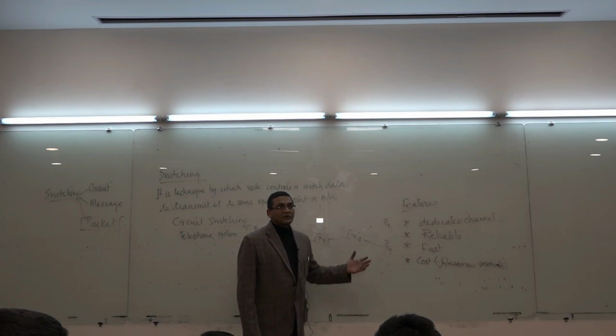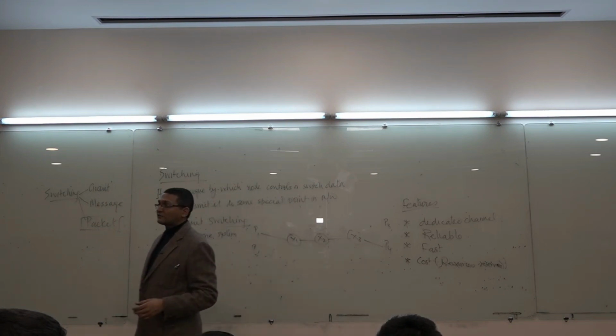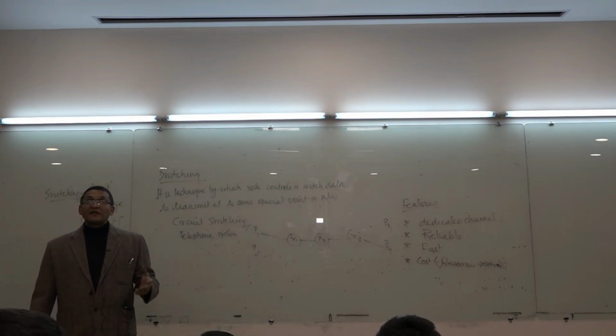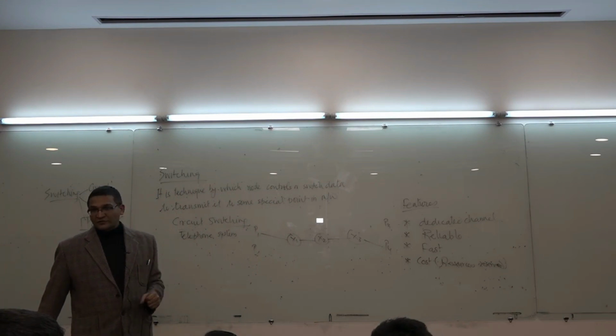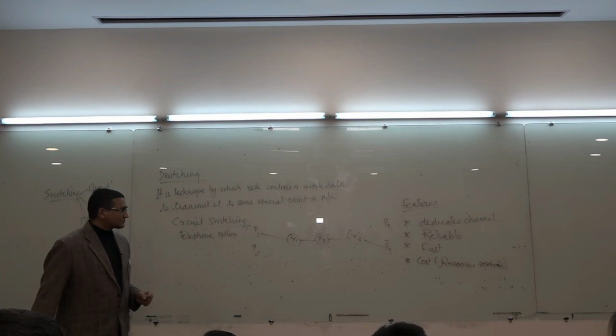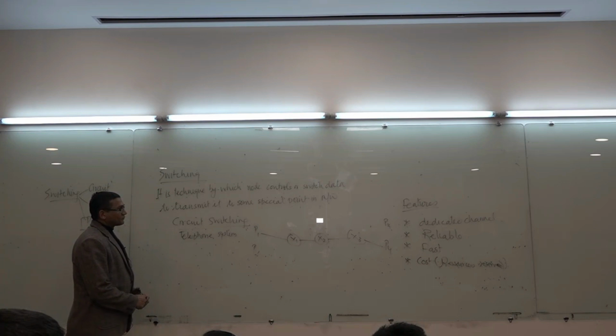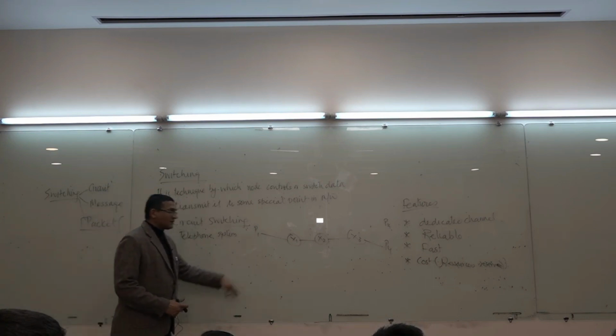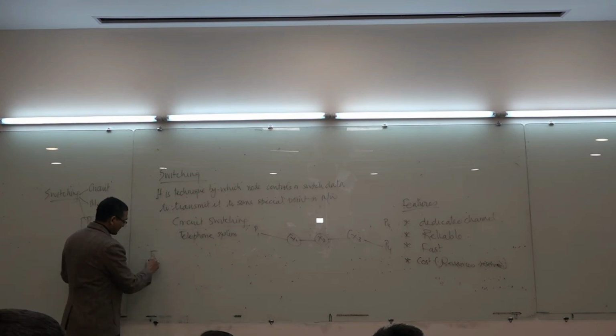And why is it required? Because if they share this internet kind of thing, then it will take too much time, and that time has a cost for them. So this is called circuit switching. If we want to find out the time, what is the time requirement? Total time will be